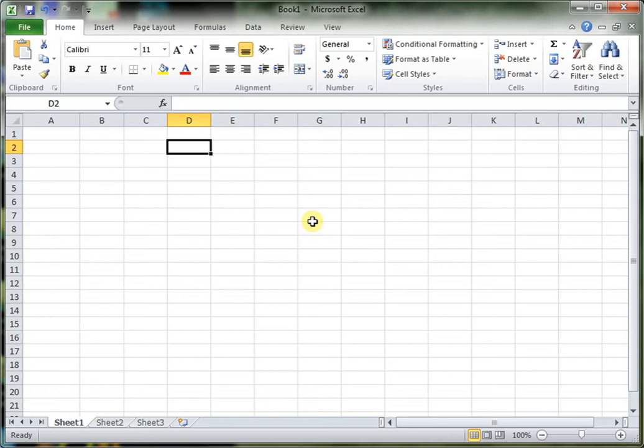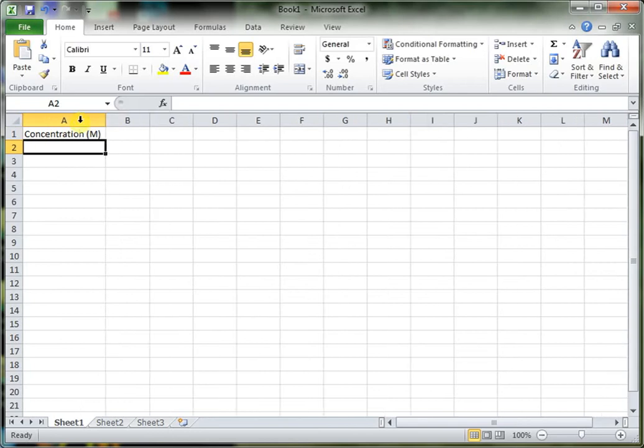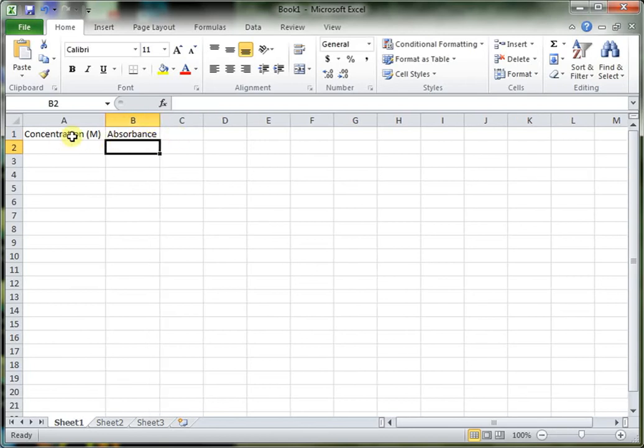is going to go. It doesn't matter what's going to go on the x-axis or on the y-axis. It doesn't matter column A or column B. We will tell Excel what to graph a little bit later. So for example, here in column A, I'm going to be graphing concentration, which has units of molarity, versus absorbance, which is unitless. So I have my column heading set up in Excel, and I'm going to go ahead and put in my